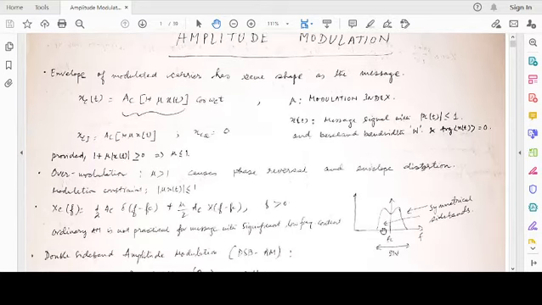If you see the spectrum, it would be something like this. Since the message signal has a baseband bandwidth of W, it extends from -W to +W. When it is shifted in frequency, it occupies a spectrum from fc minus W to fc plus W, that means a bandwidth of 2W. And if x(t) is a real message signal, the spectrum is symmetric in nature. Hermitian symmetry exists in the spectrum of the message signal. So these two bands, the upper sideband and the lower sideband, are symmetrical sidebands.